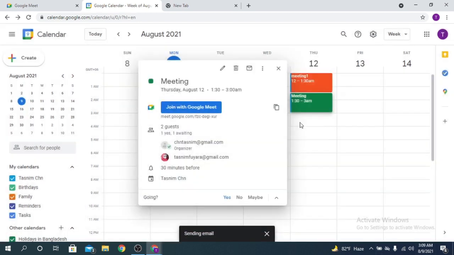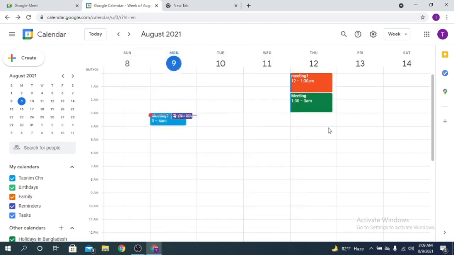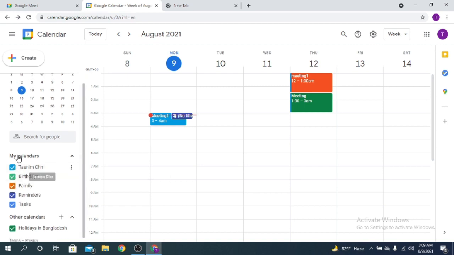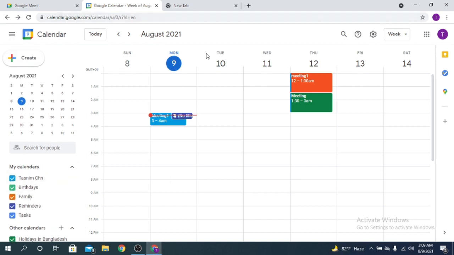Okay, so an email will be sent to your guest. So this is how you can schedule a future meeting using your Google Calendar, and Google Calendar will remind you about those. I will show the details of Google Calendar in my later videos. So for now, that's all.